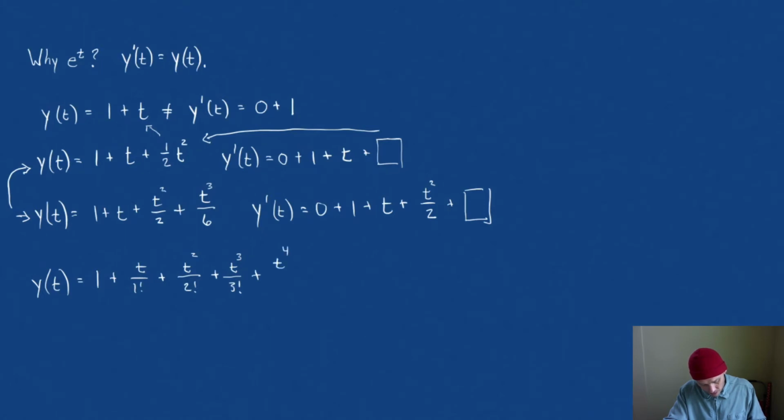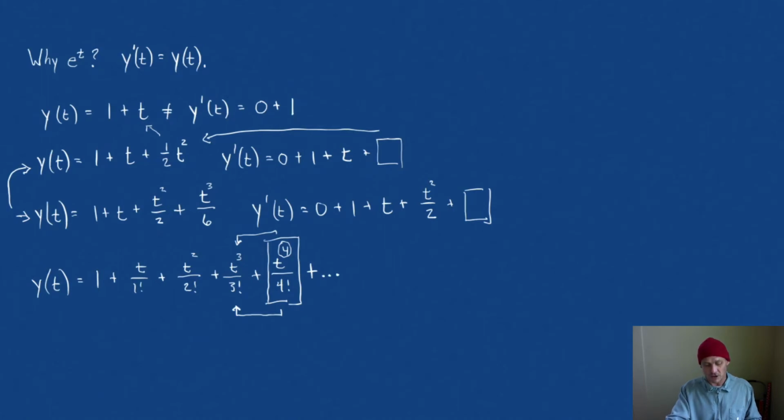If you have t to the 4th, you're going to have it over 4 factorial. So when you take the derivative, the 4 here cancels out the 4 in the 4 factorial, which takes you down to the 3 factorial and takes you down to the 3rd power. But this just keeps on going. If it goes on forever, then I never run out of terms, and I always pick up that last derivative. It's this infinite polynomial with the increasing powers over the factorial of the power that gives you the function e